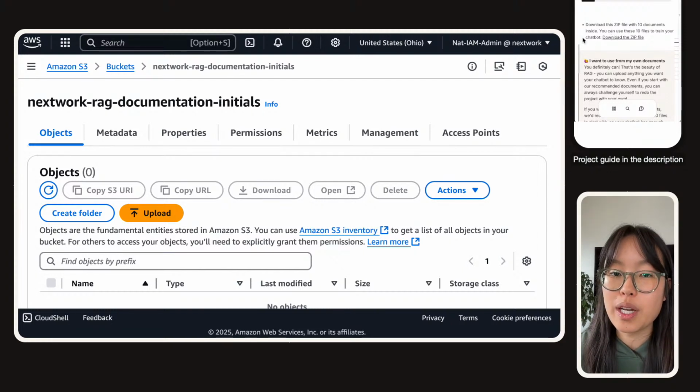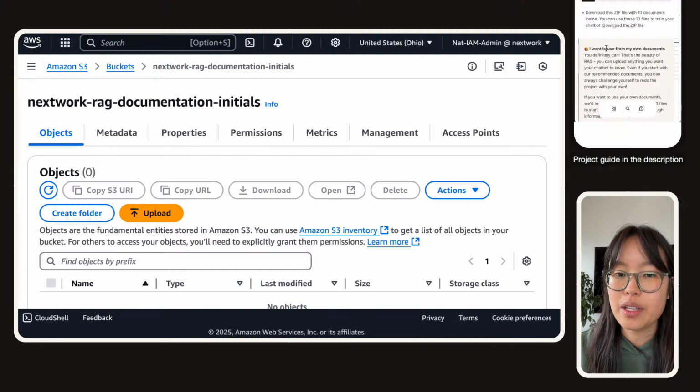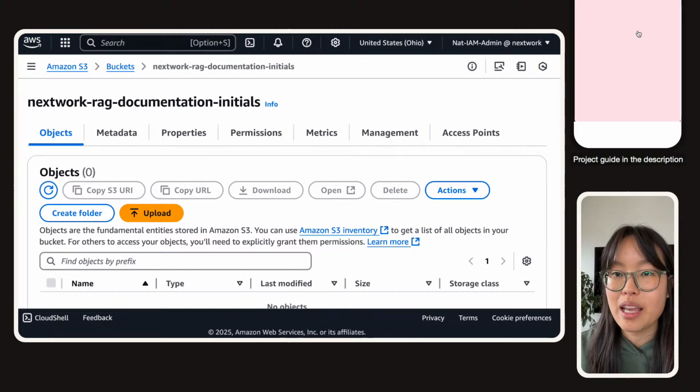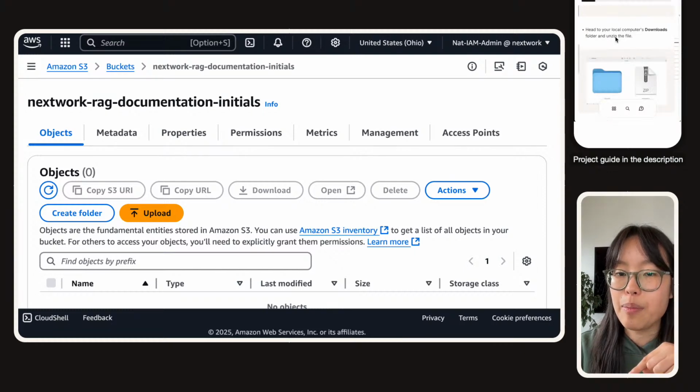If you don't want to do that, if you want your chatbot to be an expert in your own personal documents, you can skip downloading the zip file, but upload your own documents, upload at least about 10 documents so that your chatbot becomes an expert on the things you want it to know. So yeah, up to you. We're just going to download the zip file for our case, and then we're going to upload all of the